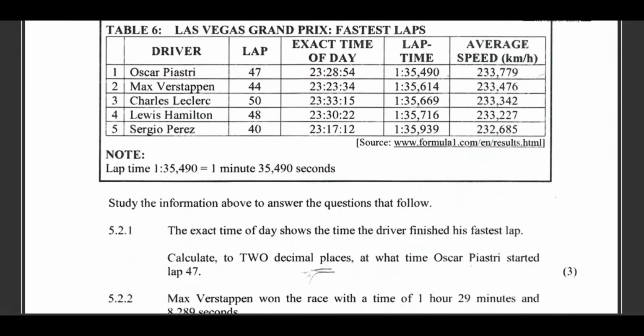All right, then we look at that. The exact time of the day shows the time the driver finished his fastest lap. Calculate, to two decimal places, at what time Oscar started. The exact time shows the time when the driver finished. That means this is the end. And they have spent this much. At what time did he start? So it's 23, 28, 54 minus